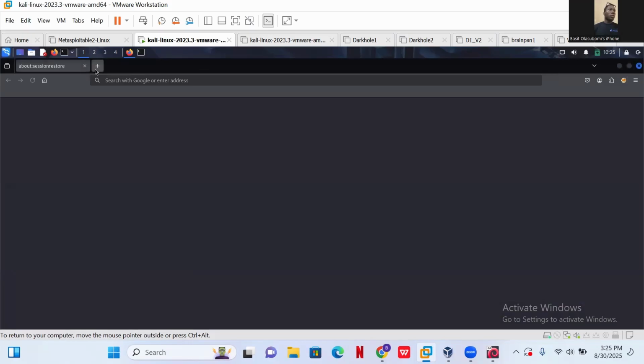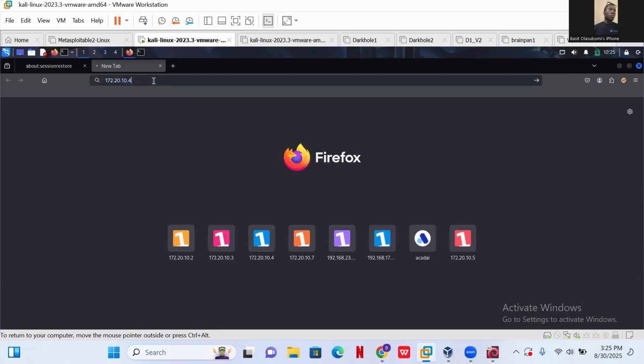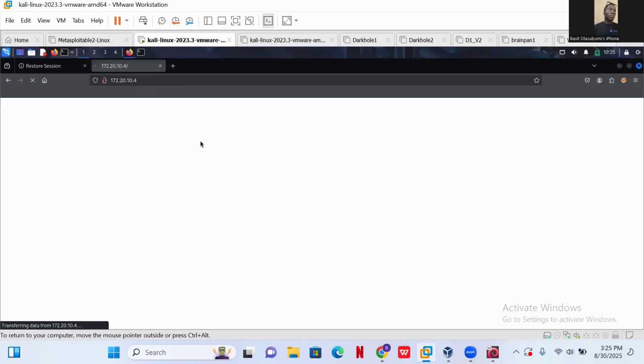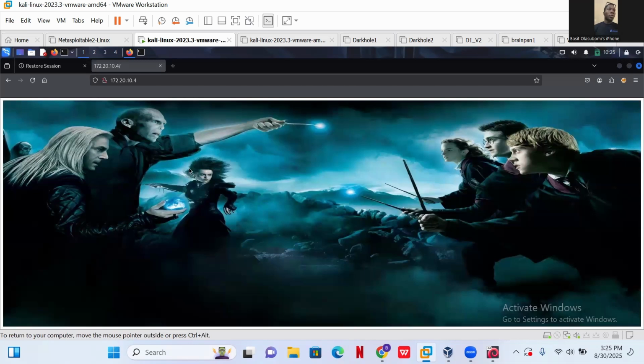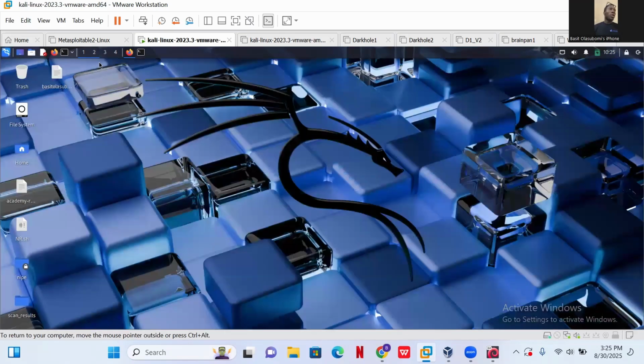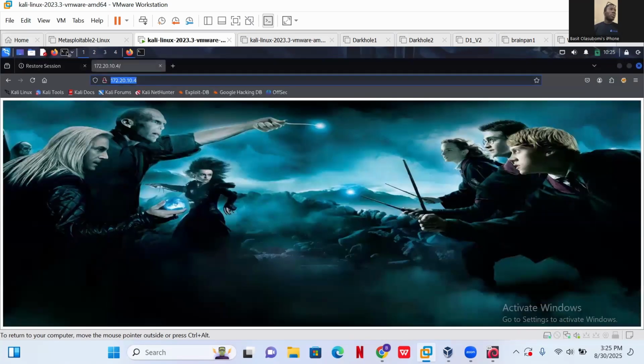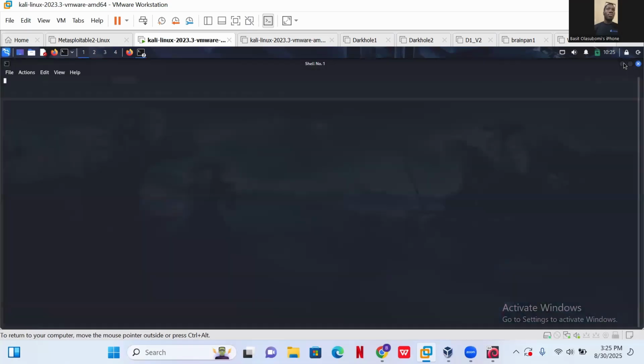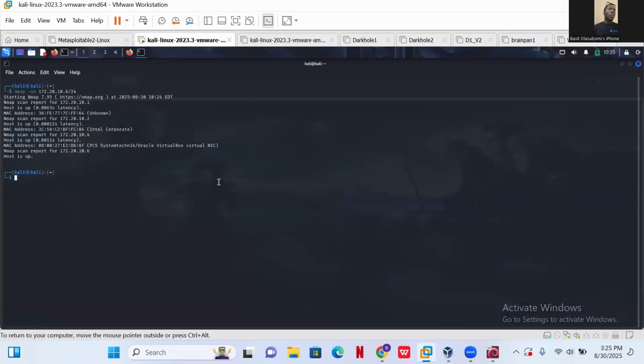The browser is up, so we can just input the IP address into the browser and let's see what it brings up. Okay, so I guess this is the Aragog machine and this is the IP address. So we can go ahead and continue with our capture the flag challenge. So we'll start